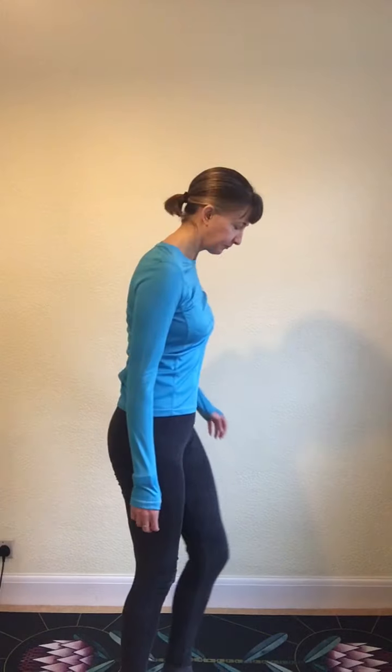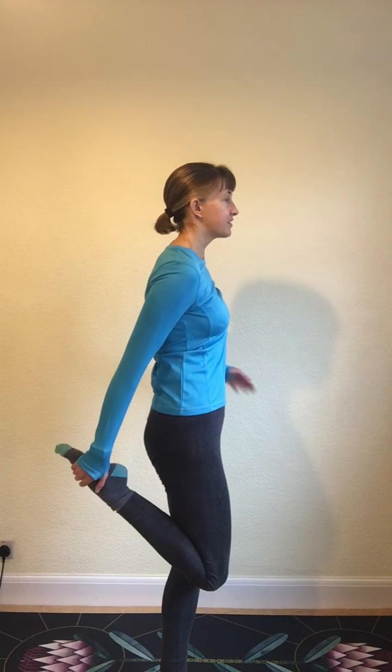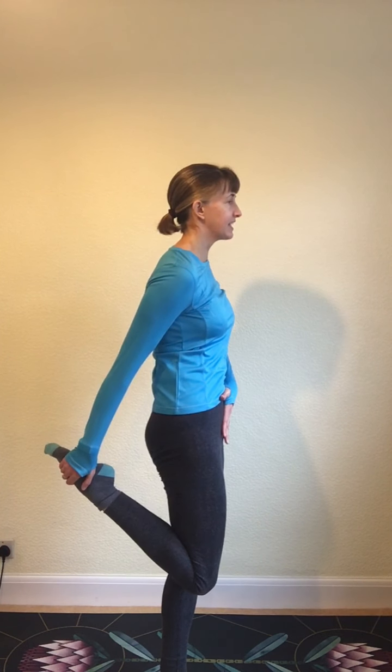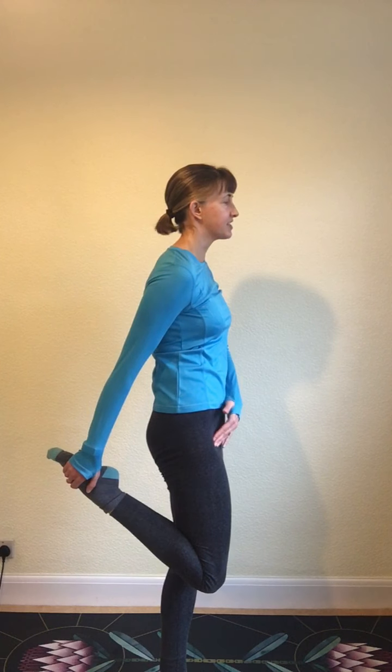keep the knee bent, tuck the foot back behind you, the knees just gently pressing together. You could stay there, or you're going to grab hold of that foot. So remember, the pelvis tilts slightly forwards, the leg pulls slightly back, and you'll feel that stretch into the front